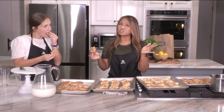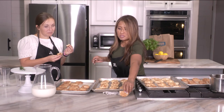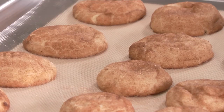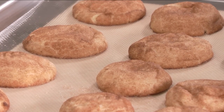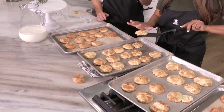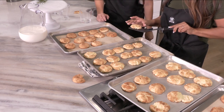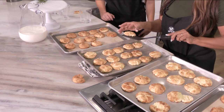So, if you forget baking soda, you really don't have to throw it away. This is not bad. Now I'm gonna taste. Granted, these are still hot. These seem to be a bit lighter too. Why is that? Maybe we put more cinnamon, so the color...